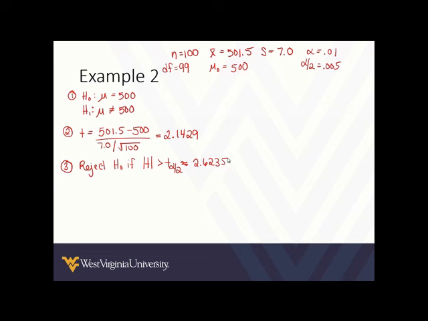All right, so again, our critical value is approximately 2.6235. And we can see that although close, our test statistic is not greater than our critical value. So once again, we will need to conclude that we should fail to reject our null hypothesis. And so what we can say for our conclusion, at the 1% significance level,